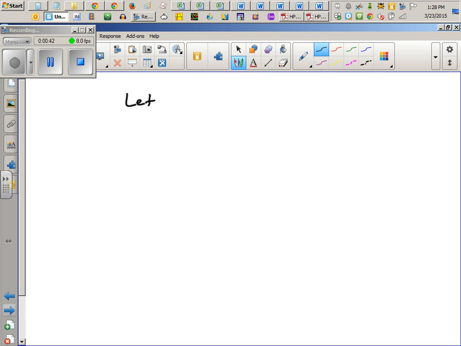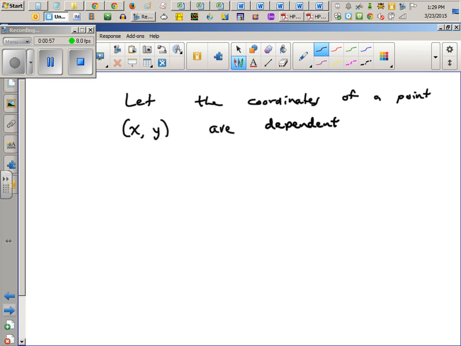Let's just say that the coordinates of a point, so x and y, are dependent on a third variable, t. Okay, for example, let's say I asked you, let's just pretend you've never studied parametrics in your whole life, and